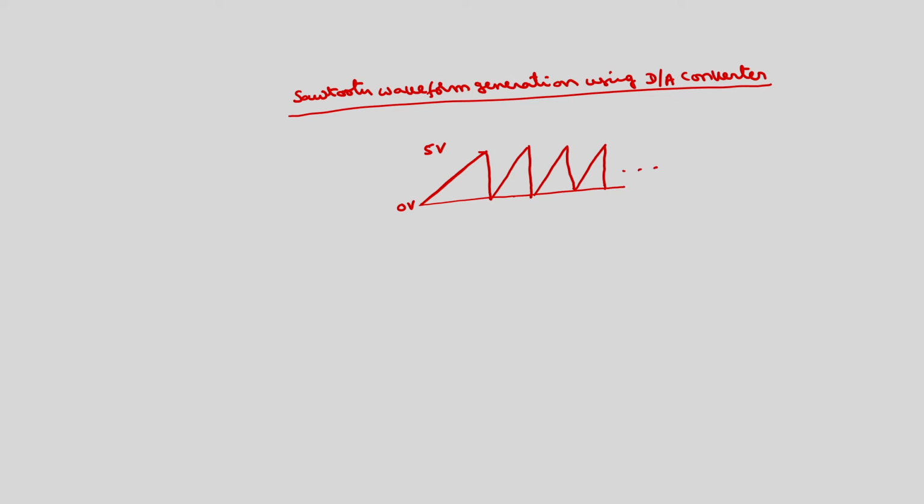So the interfacing connection details are the same as the previous square wave generation. There is no change, only the program will be different. So what is the program for this? In case of square wave, we just output only 0 volts and 5 volts. 0 volts corresponds to 00H, 5 volts corresponds to FFH. Whereas here we now have to change from 0 volts to 5 volts in a linear fashion. Okay. So if I connect the output of the DA converter to the CRO,